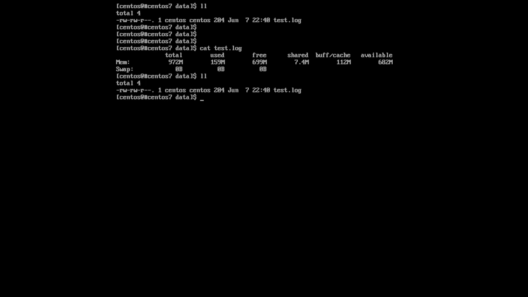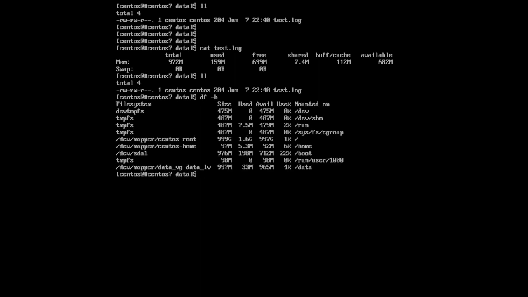Okay, I think yeah, we already created one partition here and mounted it into our data directory. And now, for example,